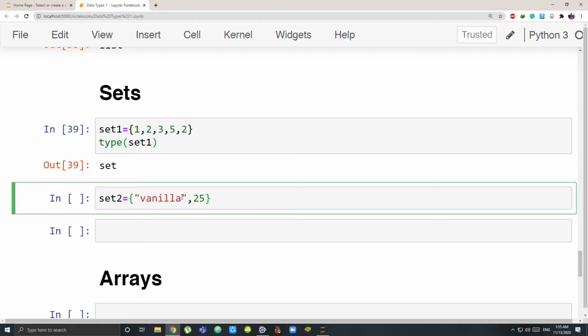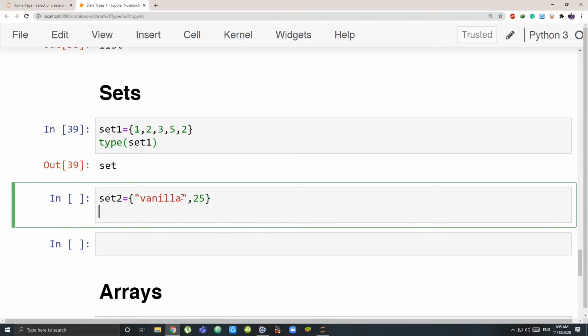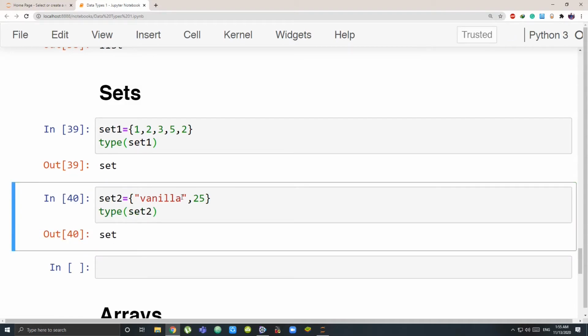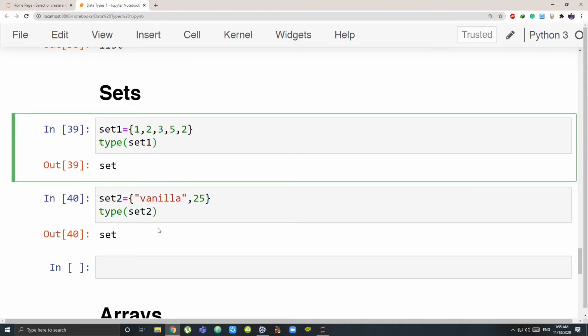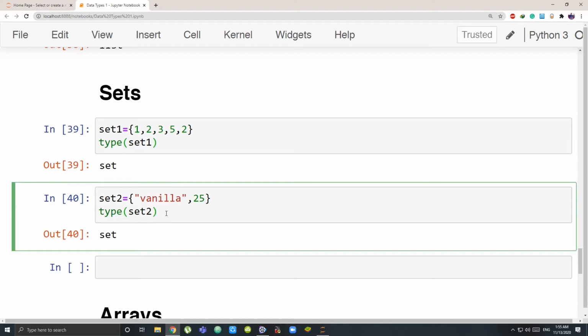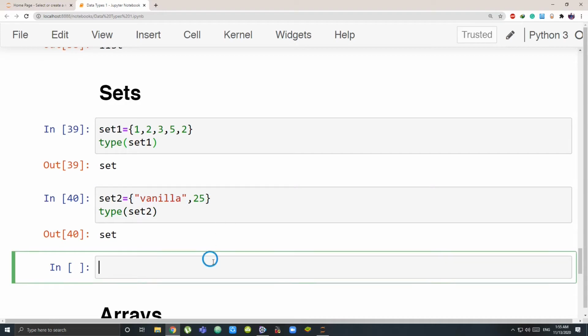These are all immutable ones. And let me check again the type of set 2. Again it is set. Sets are mutable, you can change the element directly, but the elements in them have to be only immutable types.